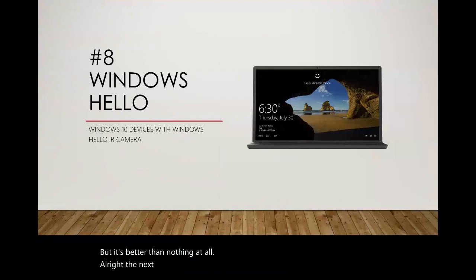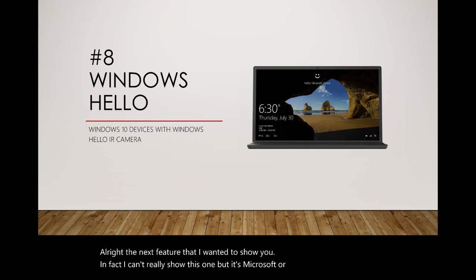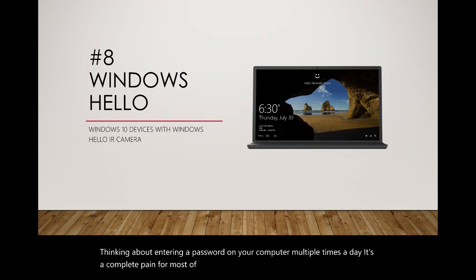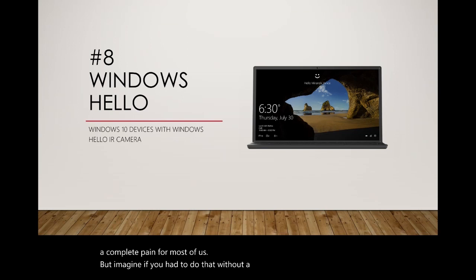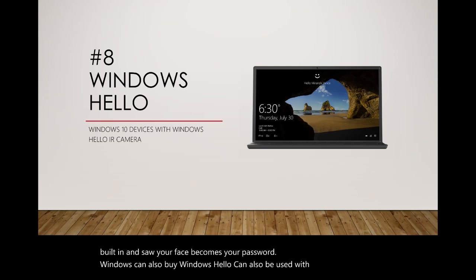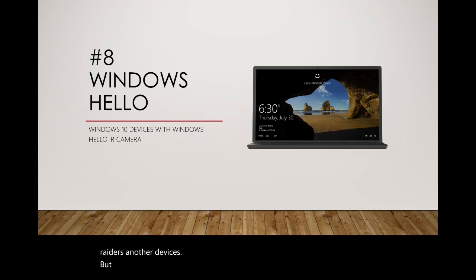The next feature that I wanted to show you, in fact, I can't really show you this one, but it's Windows Hello, sorry. Thinking about entering a password on your computer multiple times a day, it's a complete pain for most of us. But imagine if you had to do that without a keyboard over and over again. Well, with Windows Hello, you don't have to think about entering your password. On devices that have this capability, they have an infrared face scanning camera built in, and so your face becomes your password. Windows Hello can also be used with fingerprint readers and other devices, but that face recognition is a